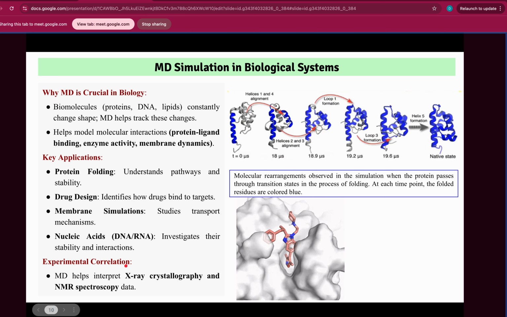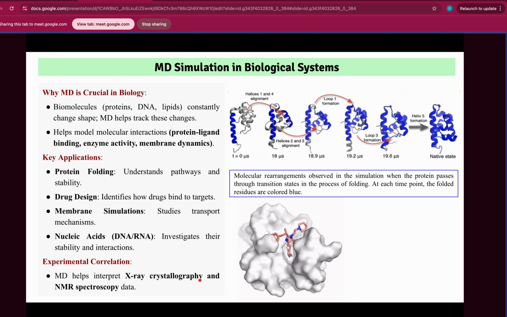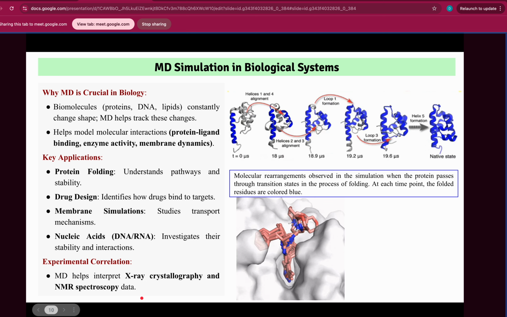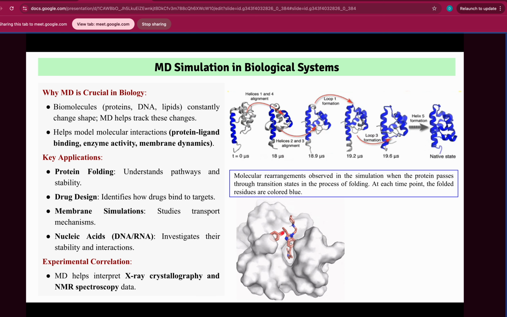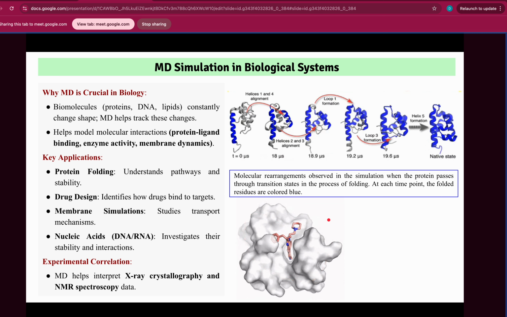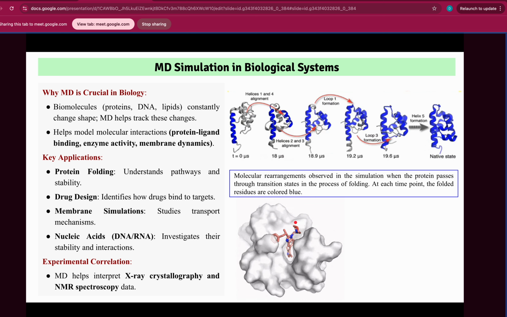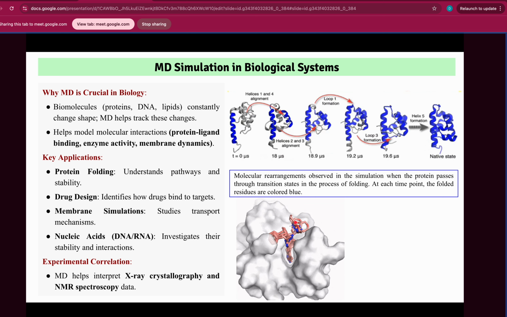So experimental correlation: MD helps to interpret the X-ray crystallography and NMR spectroscopy data. This interpretation can also be done, as in this case, I have shown you the protein. For example, if it is a drug, then we can see in which conformation it binds, or if we change certain constituents, certain residues, then we can study